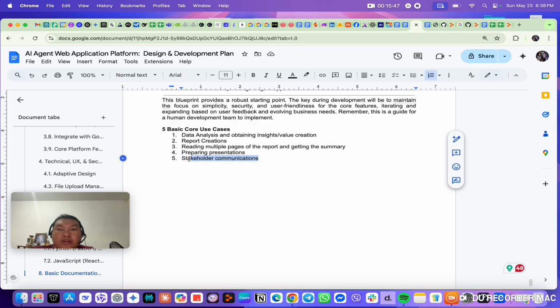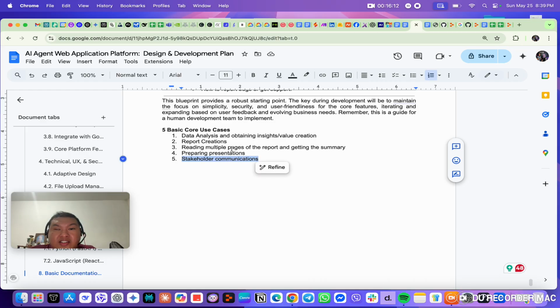Let's say you received an email or a Slack message from your stakeholder, and you're conscious about your spelling and grammar. You want to build an AI agent that can help you draft an email, identify and correct any grammatical errors, or help you structure a certain context. Okay, so I can actually just copy and paste it here